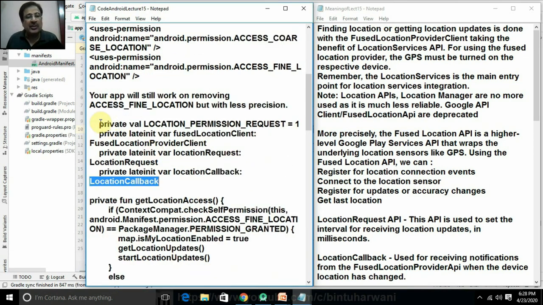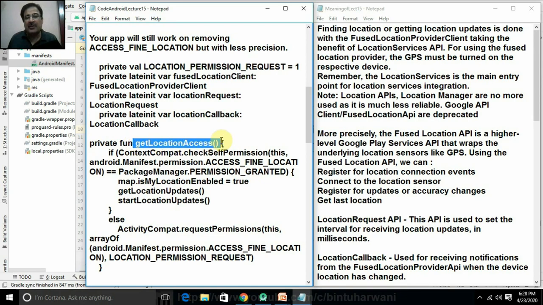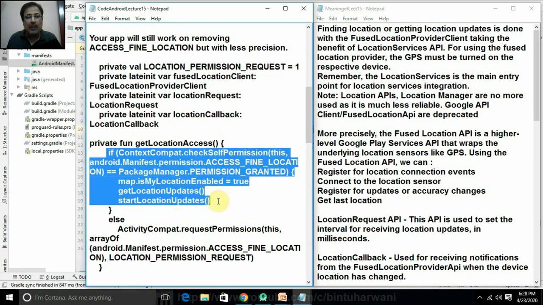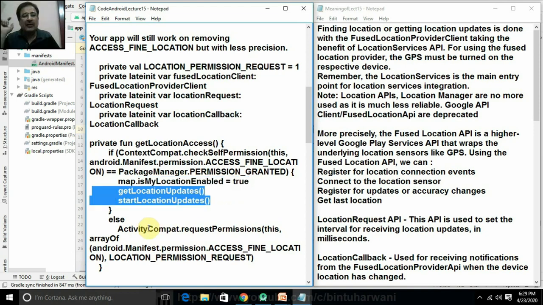Now recall this one. This one we executed in the last lecture to enable our My Location layer. This was the getLocationAccess method that we executed in the last lecture. It used to confirm whether my device location is enabled. Just for your reference, I am recalling what we did in the last lecture. This if block is just checking whether the access permission for my device location is allowed or not. If it is, this line is the main one. This property, isMyLocationEnabled, is set to true to enable the My Location layer of the Google map.